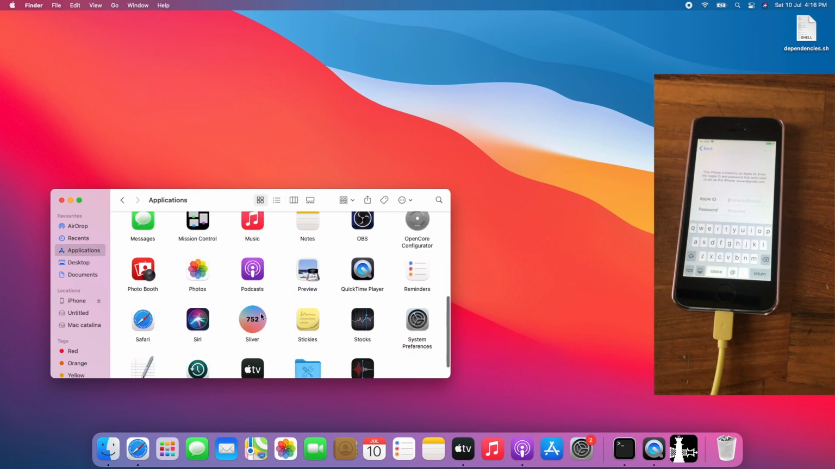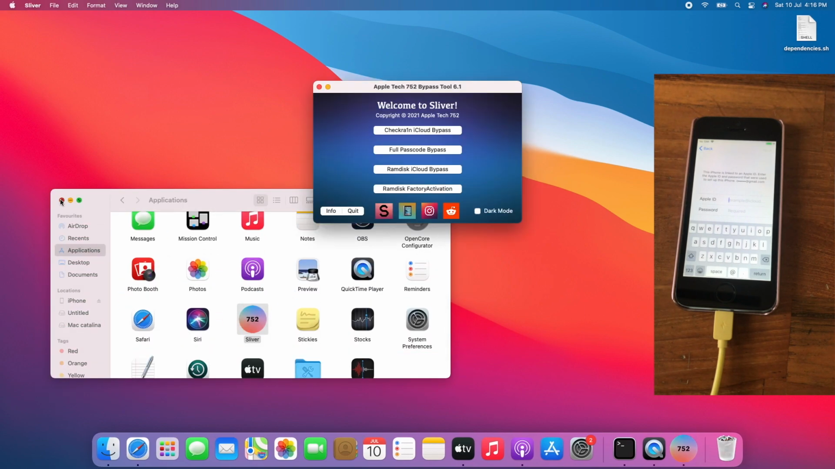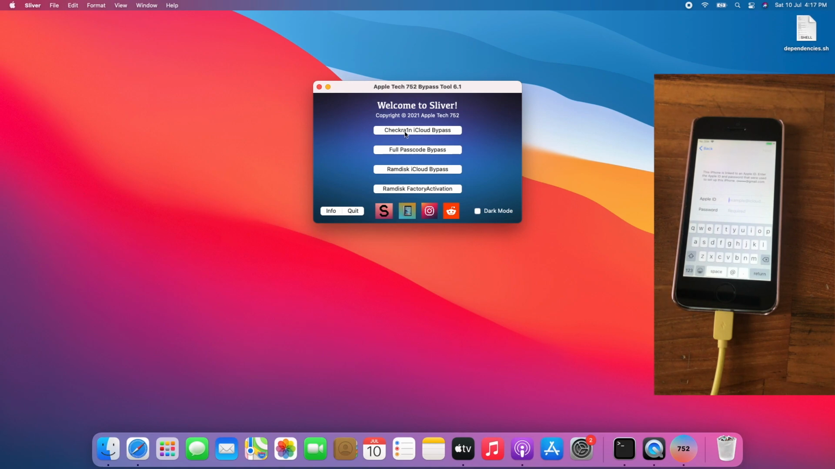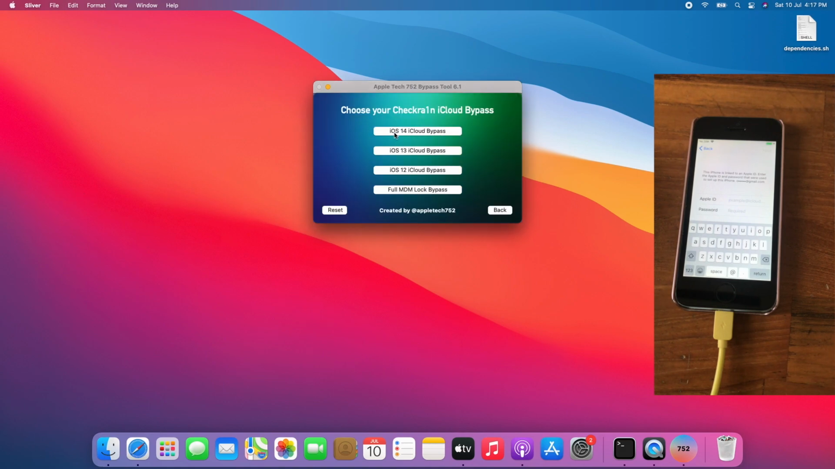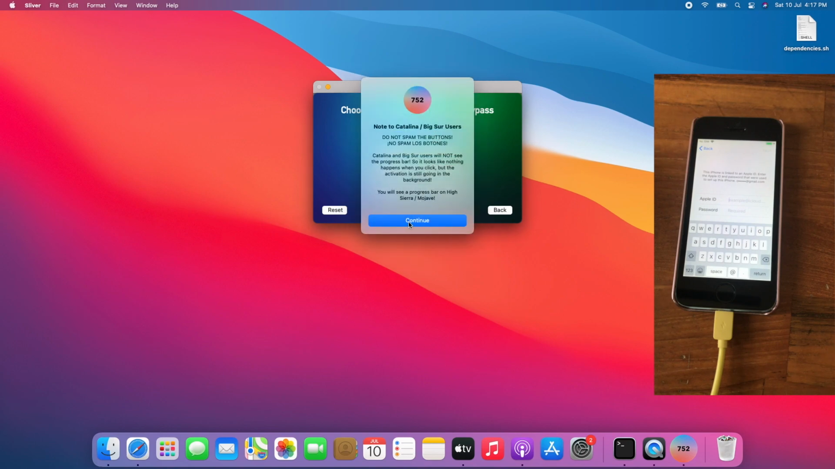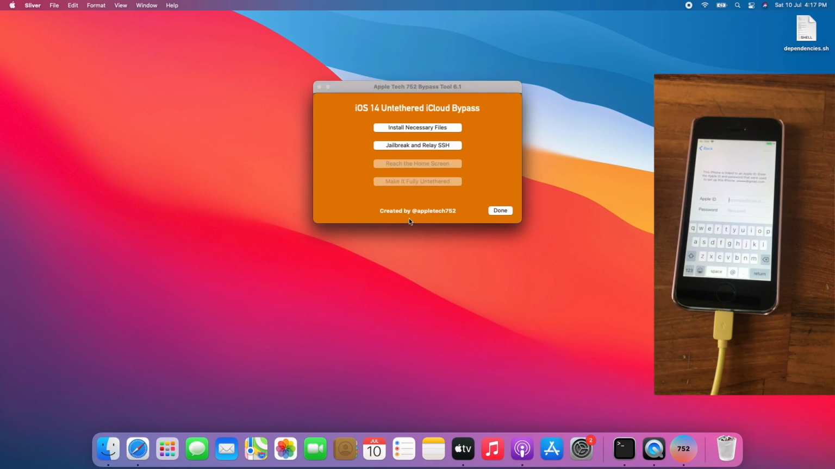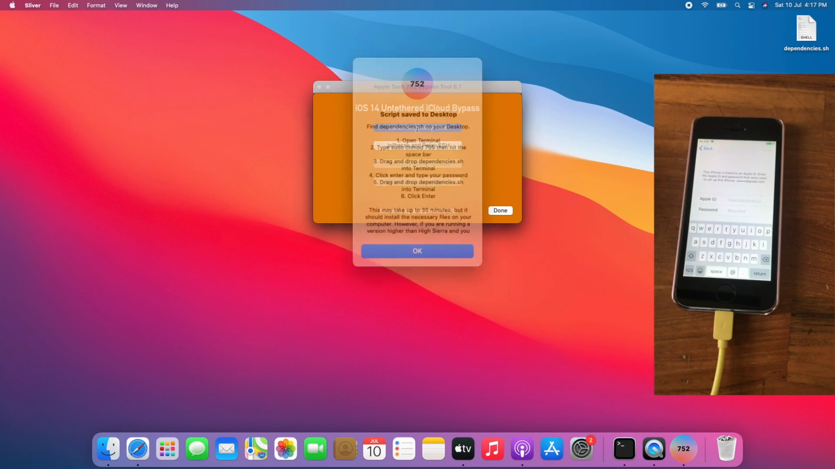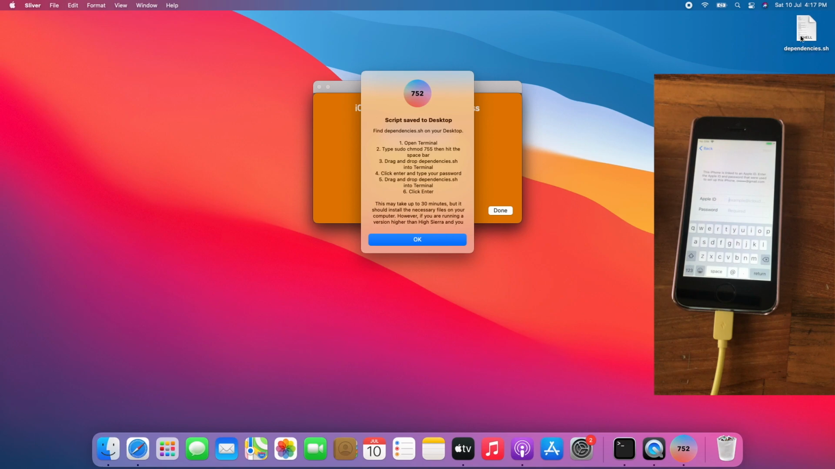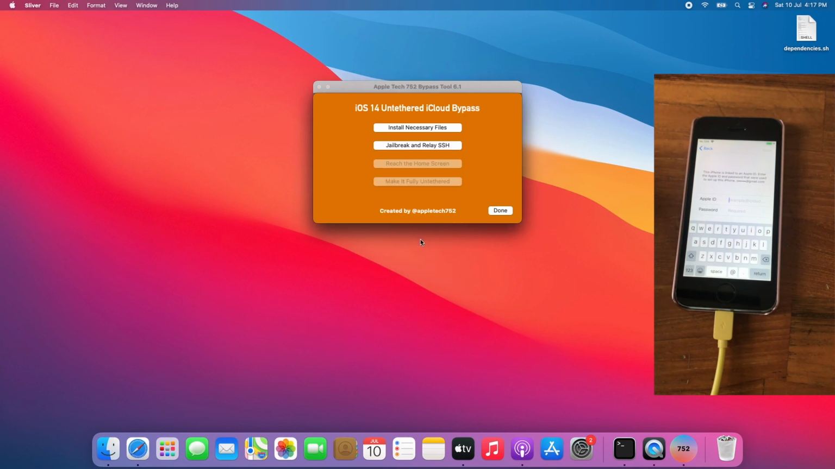Now let's open Sliver and close Finder. Now go to checkra iCloud bypass, iOS 14 iCloud bypass, click continue. If you have not done so, please install the necessary file, click on that. You'll get the dependency.sh on your desktop. Follow the instruction on the dialog to install the dependencies needed for Sliver 6.1. I have already done mine, so I'll be clicking OK and proceed to the next step, which is to click